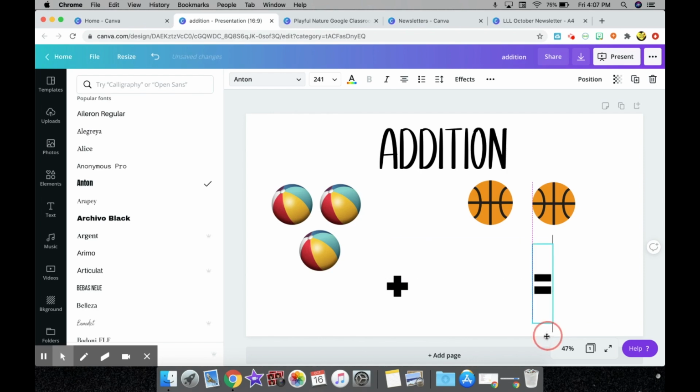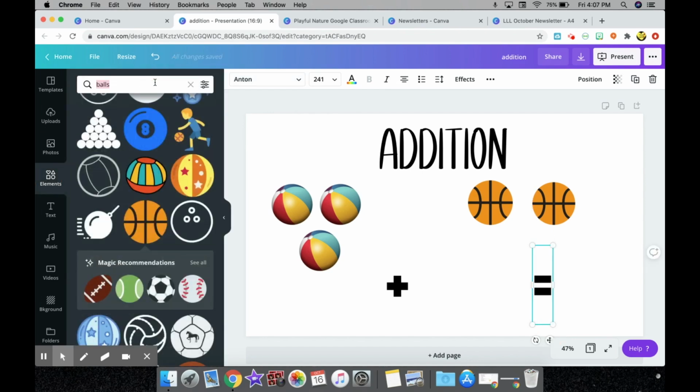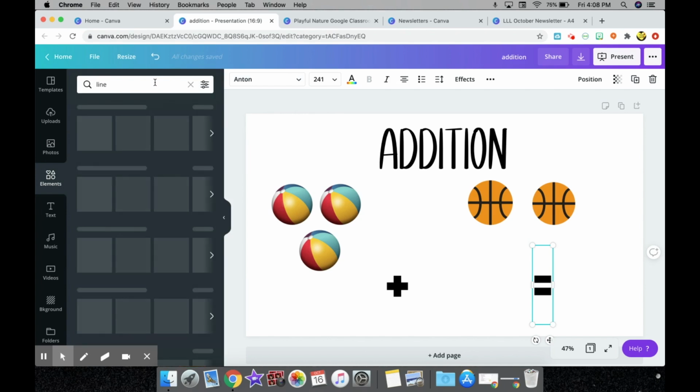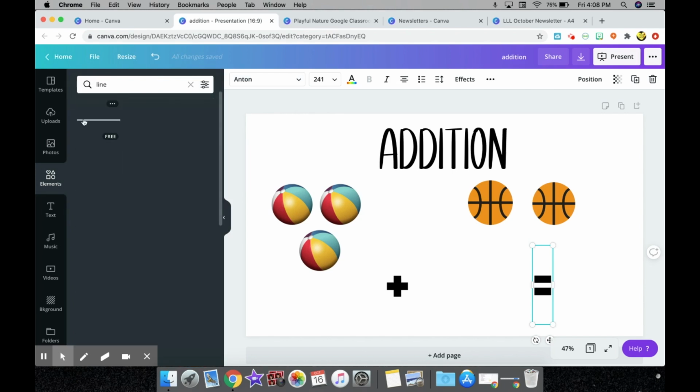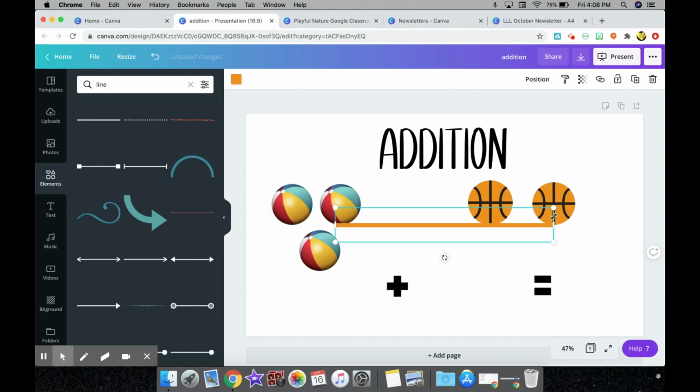Okay. And then I want to add in an element. I'm going to type in the word line because I want to show my students what part of this equation they're going to be filling in or providing me the answer to. Okay, so I'm going to make this line a little smaller